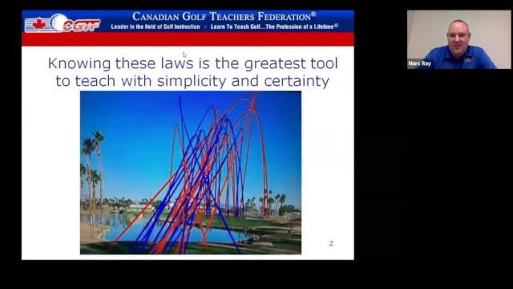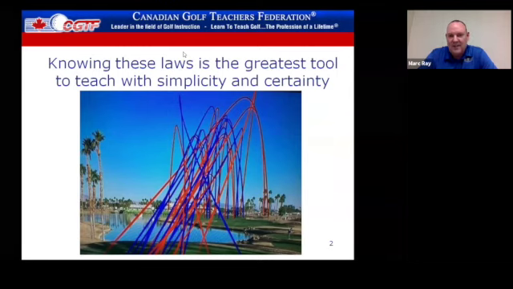Ball flight laws, they're really the core information to teaching golf: how does the ball fly? Not all of us have access to launch monitors or different devices that can measure speed and spin. So over the years, we've been trained to resort to watching where the ball is traveling in order to make corrections. But the unique thing about ball flight is one person's desired ball flight might be your next student's